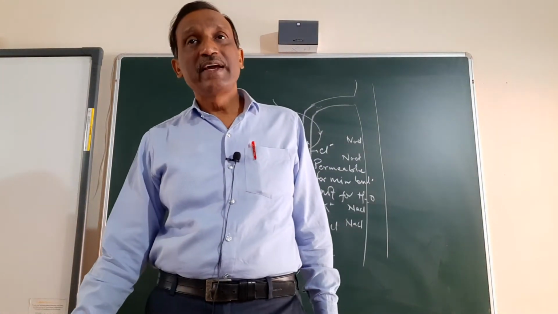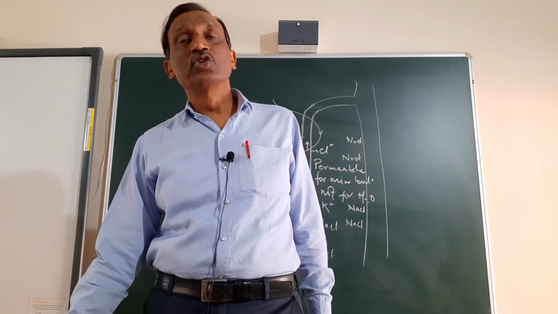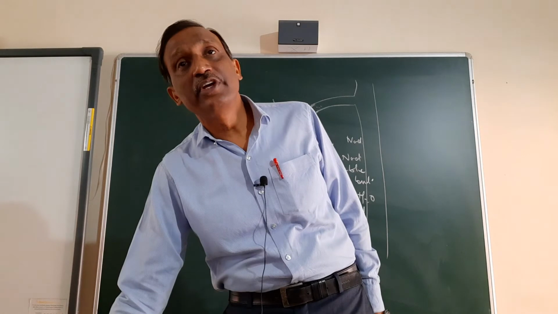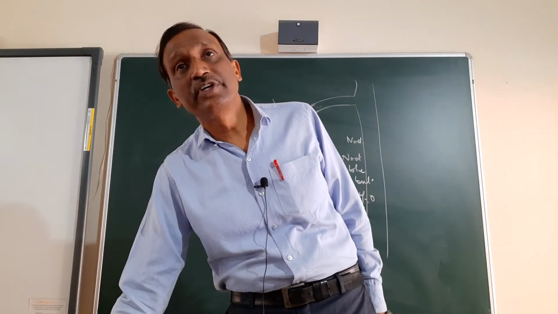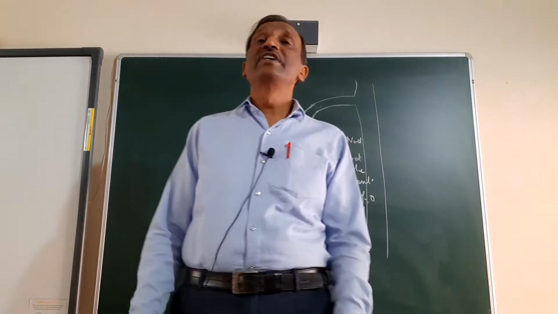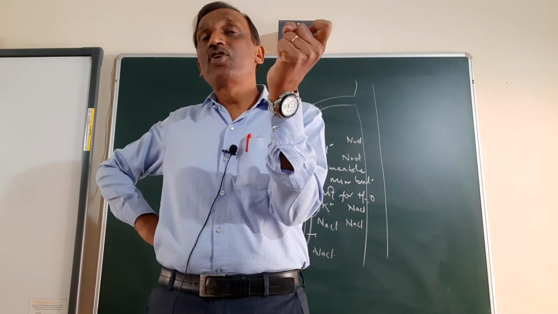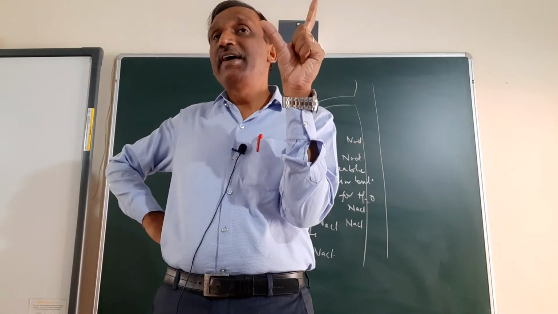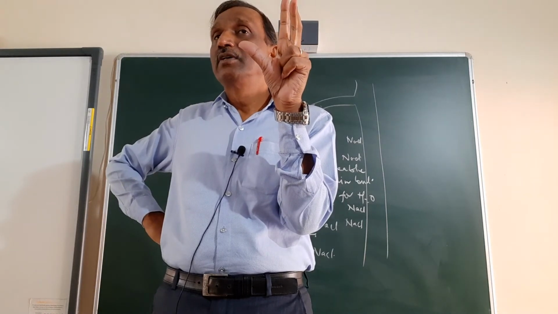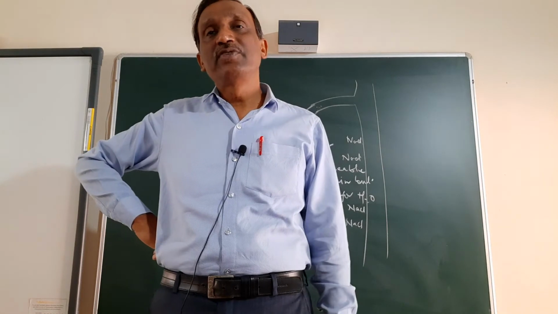Now go back to the old diagram. As the filtrate now goes into the distal convoluted tubule. Here you can see distal convoluted tubule written. The major role of the distal convoluted tubule is reabsorption of sodium chloride and water and some amount of bicarbonate ions, and removal of potassium ion and hydrogen ion.